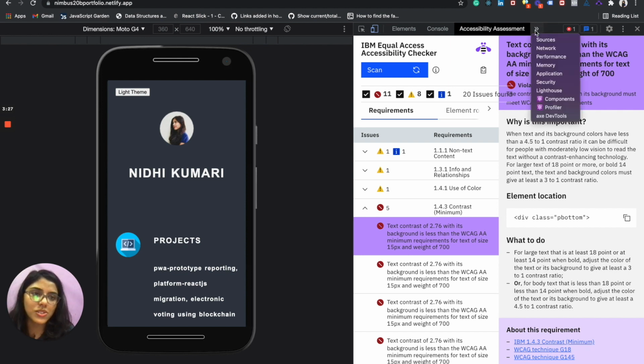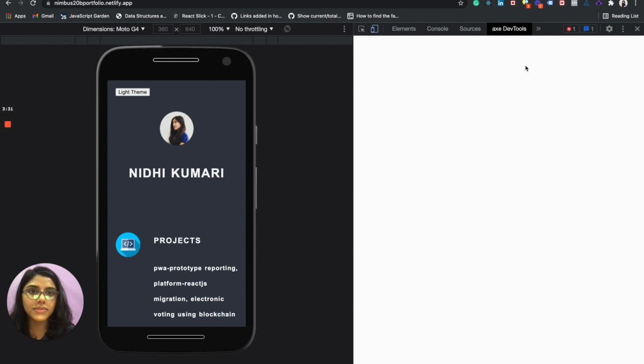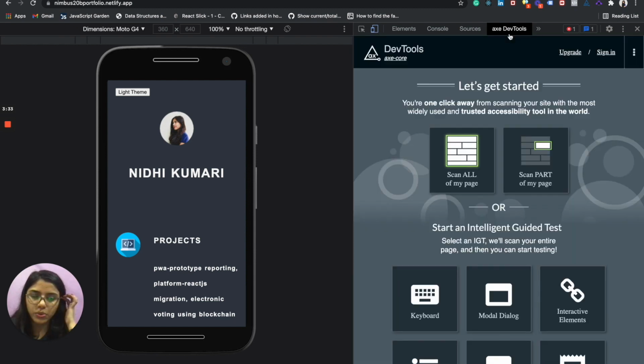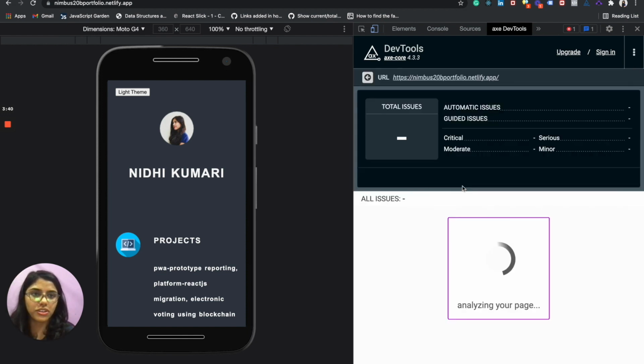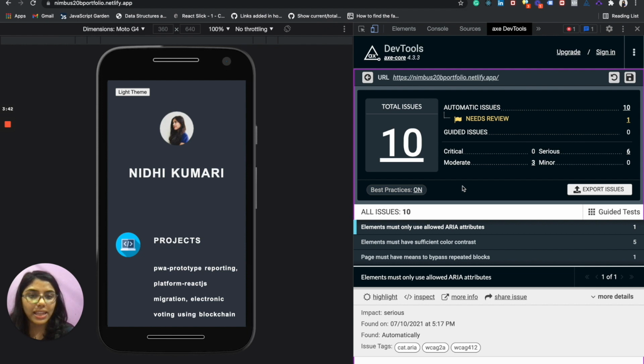To use this one, I have it here in the aXe DevTools. I just need to go there, and here I can scan all of my page or scan part of my page from the website. For now, let's scan all of my page, and here I can see that there are 3 issues.